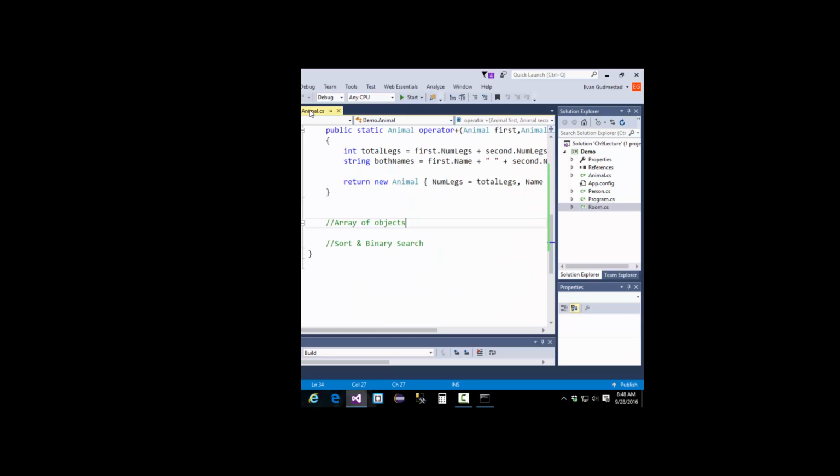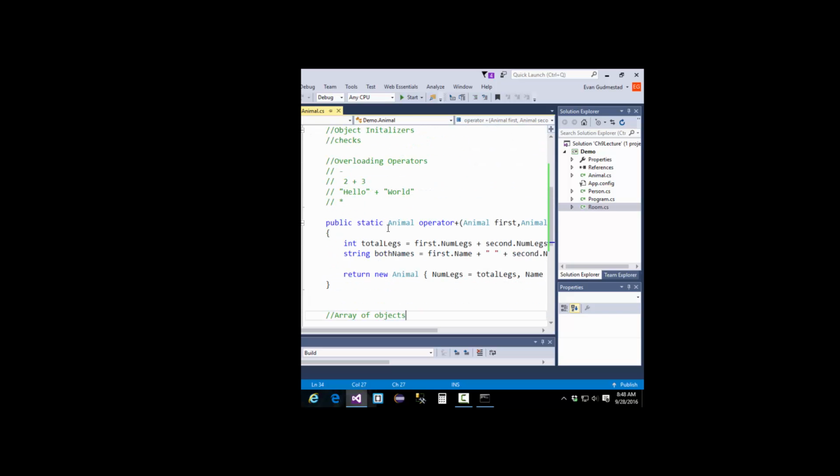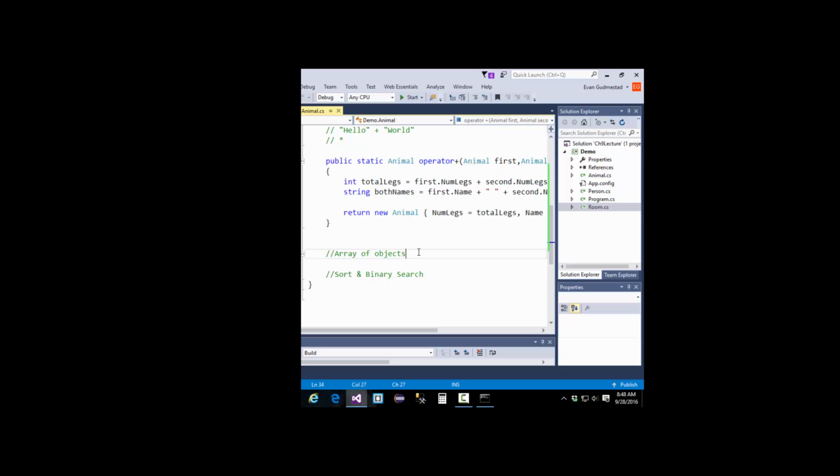Okay, so that is what it means to overload the plus operator. Then we have now talked about the array of objects. So don't forget, arrays must be created with the keyword new. Then instances of your class must be created using each instance of the array with the keyword new,